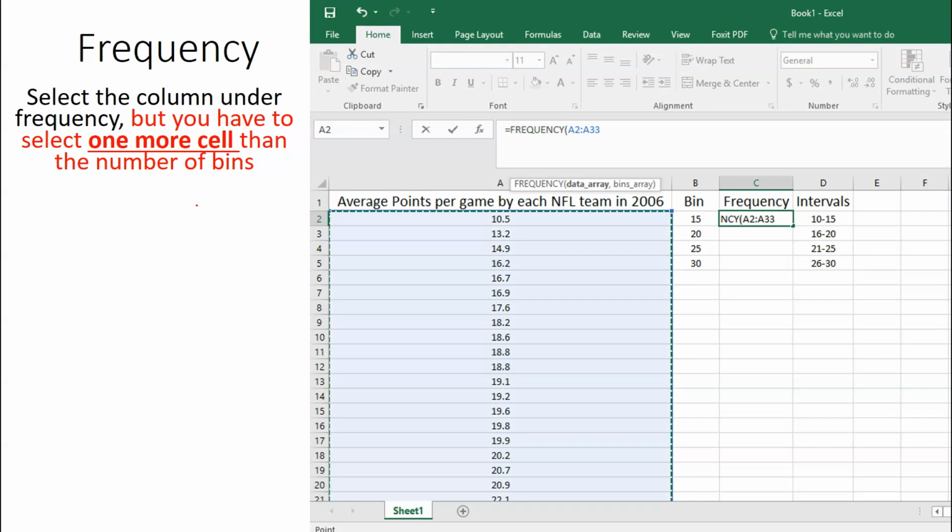Okay, in the next step now, you're going to be using one of the computer's pre-programmed formulas. What you're going to have to do is select the column under frequency. Okay, so this column right here. And you're going to go one more than the number of bins. So notice the number of bins stopped here. I went one more than that. Okay, that's important. You've got to do that or it's not going to work. So you just select the cells that are next to the bins, but go one cell past however many